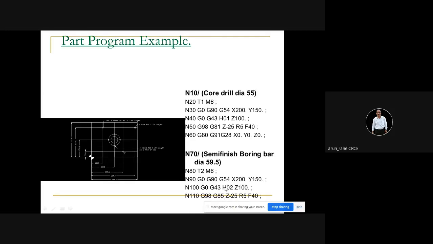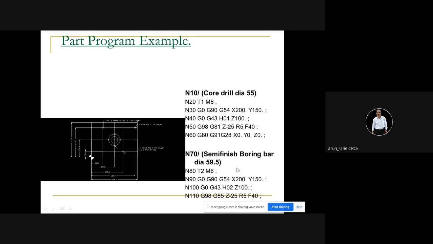So now G85 is nothing but a reaming cycle, but he has used this for the boring bar. Okay, it goes, but if it is a boring operation, you cannot use G85 because boring bar means you have to use the boring cycle, that is G86. And what happens in G86?